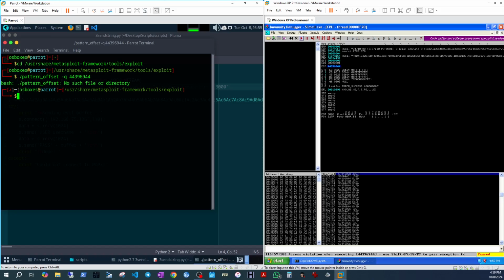Pattern offset. Yeah, that is about right. 44396944. Let me find out why it's not running. Oh, this one is, I believe, Ruby. Yep. So it tells us that the exact match at the offset is in the position